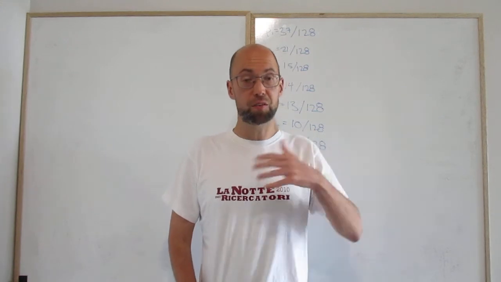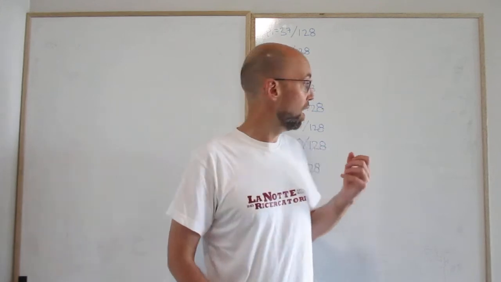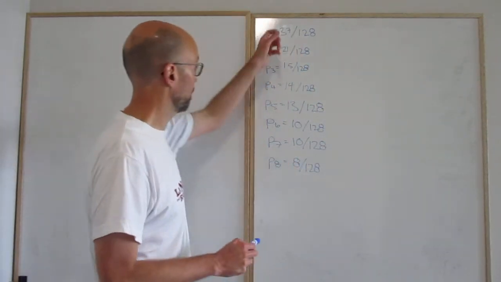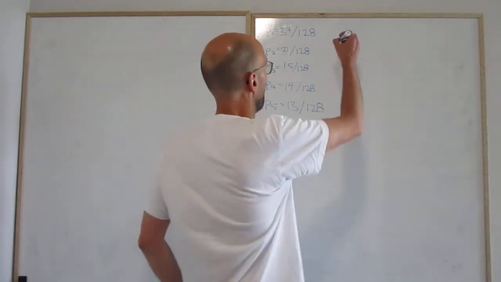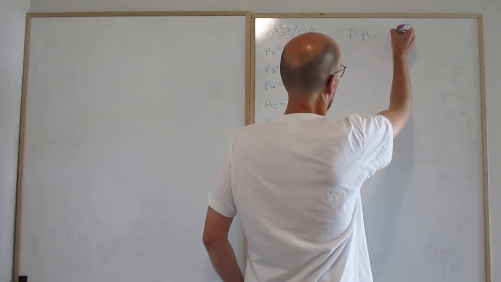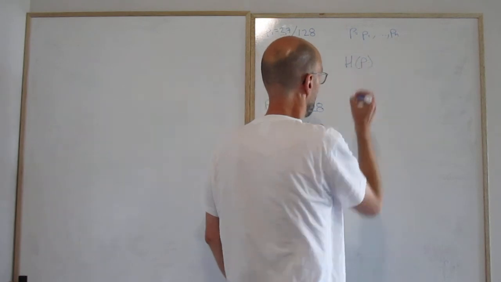Shannon came up with this thing called the noiseless coding theorem, which said you have a measure on any probability distribution. So if P equals P1 through Pn, then you have this measure called H of P, the entropy,